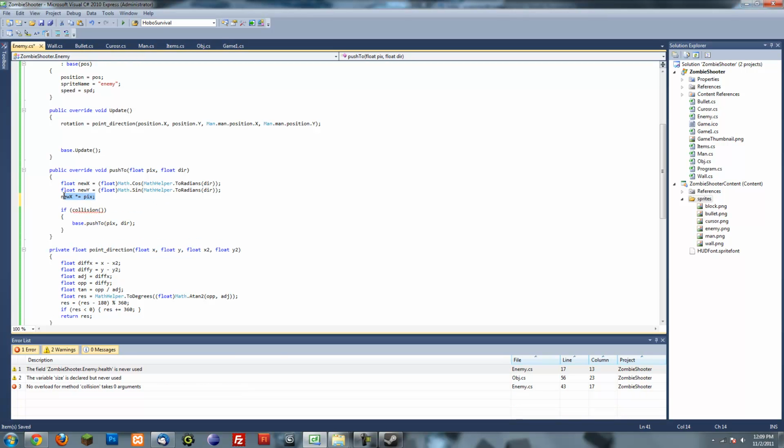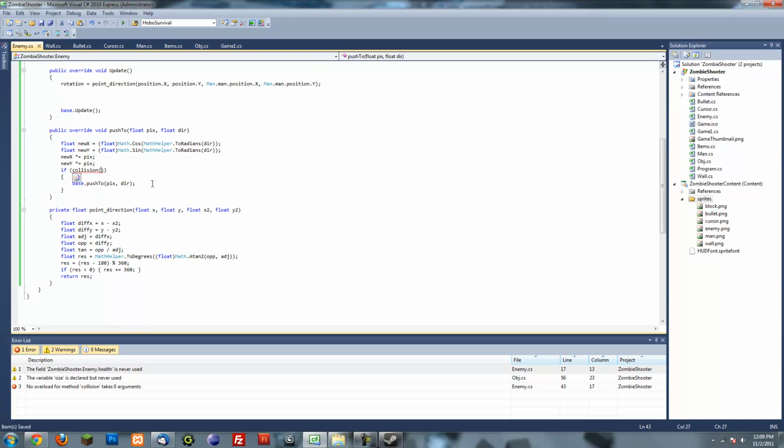So yeah, just like that. This basically will be the difference of the x and y, or the new x and y. So that should be good. We're going to create a new vector here, Vector2, new x, just put in the difference, new y, and then